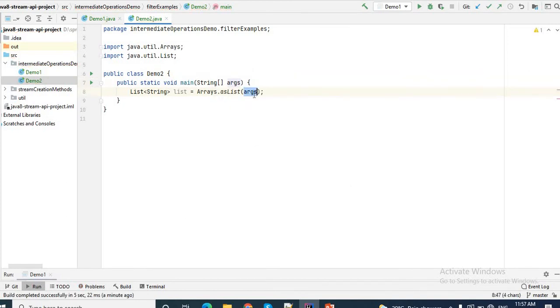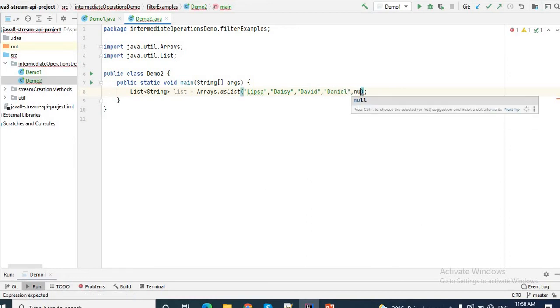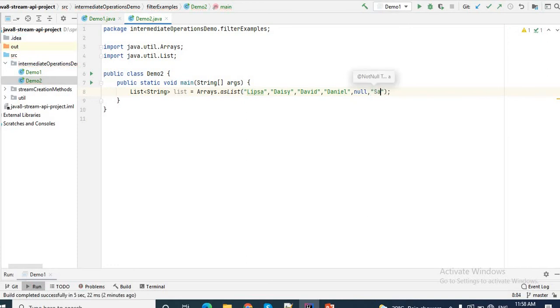Inside this I'll give some string elements like Alexa, Daisy, David, Daniel. Let's say I'm giving null as a value as well, and another value Sanya, and again null. So this is my list of strings. This list contains null values as well.